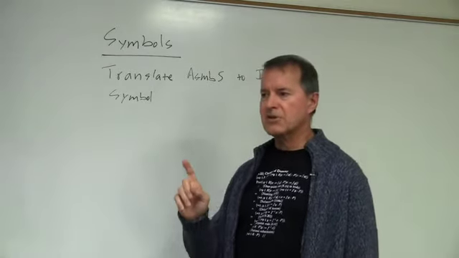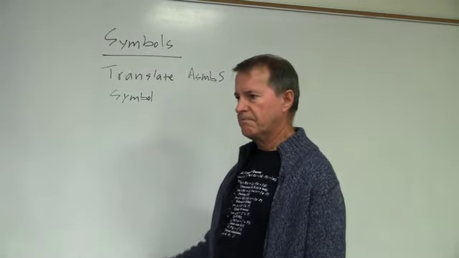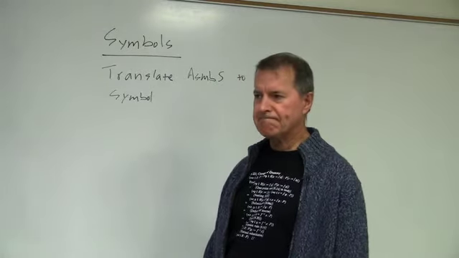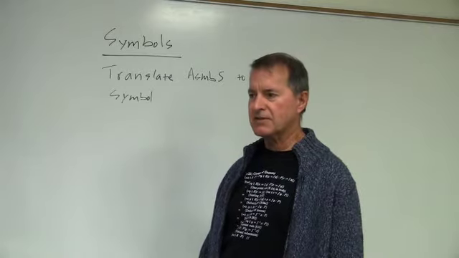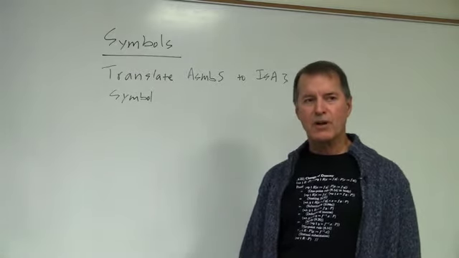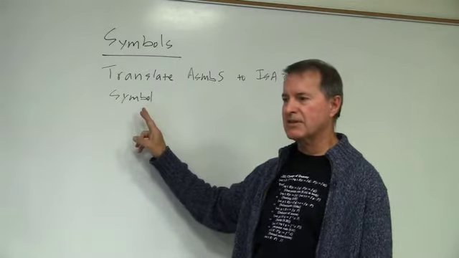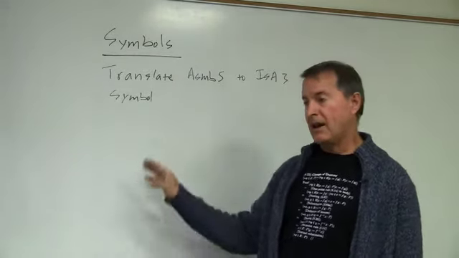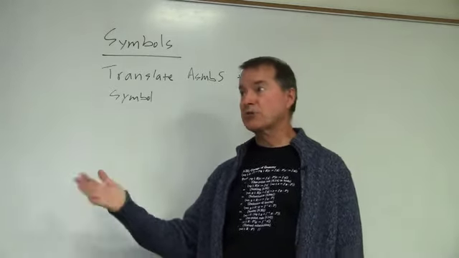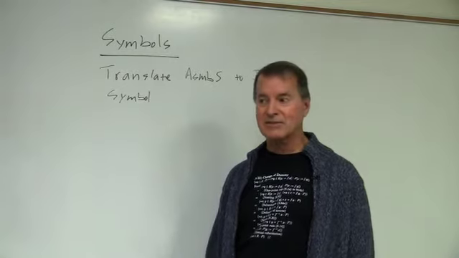There's one exception to that rule. Do you remember what the exception to the rule is? It's one of the dot commands. Oh, yeah, we are reviewing, that's fine. It's the exception to the rule that a symbol is the address of where the code is. Let me give you a hint. It's the dot command that doesn't produce any code. Because it doesn't produce any code, the value of the symbol can't be where the code is, because there's no code. Do you remember which dot command doesn't generate any code?